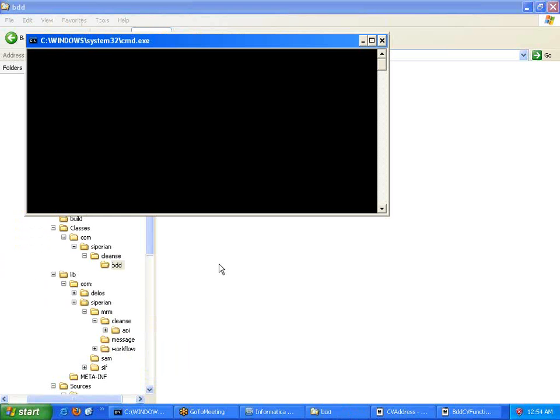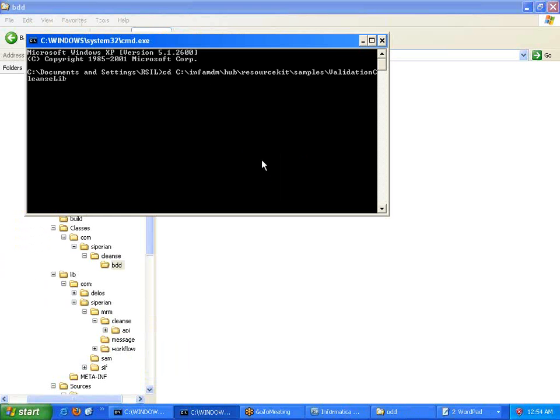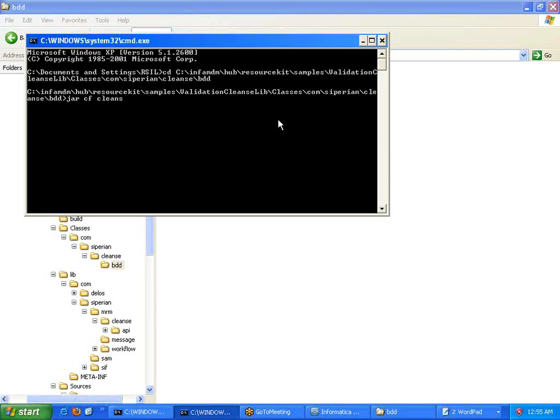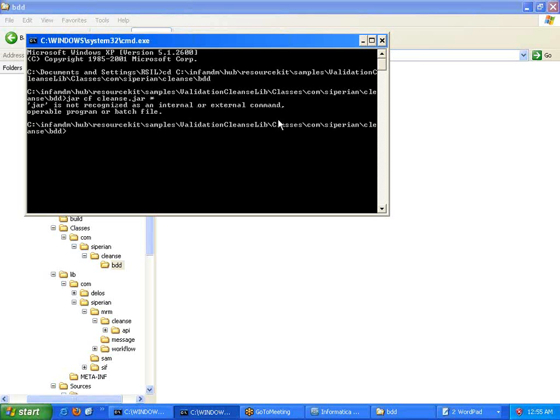Jar means Java archive, where we archive these n number of class files, let us say into cleanse.jar, from all the class files.